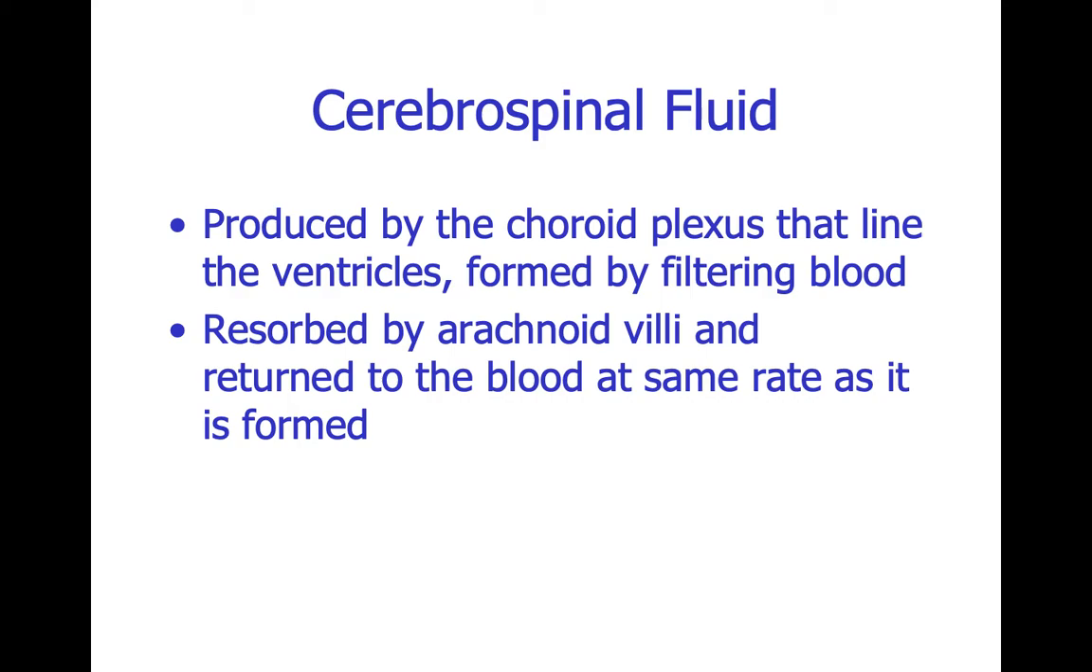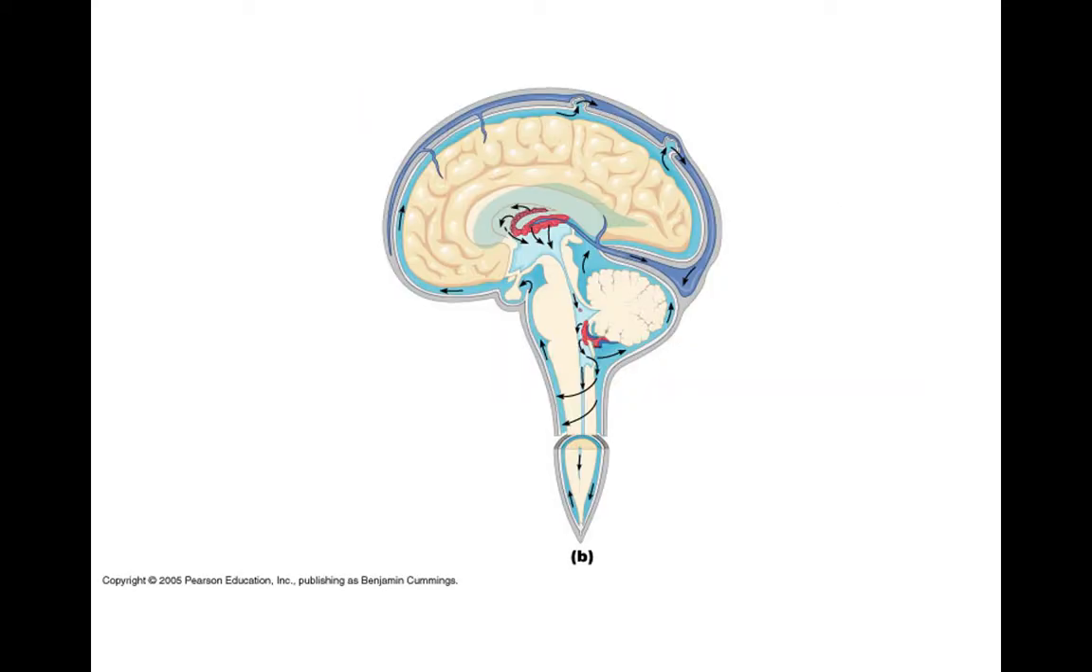Because remember, our structures, our brain and our spinal cord are surrounded by bone. So we can't get too much in there or we're going to have pressure against the bone. So, as it's formed by the choroid plexi, it's going to be drawn off or taken off through the arachnoid villi. Now, this diagram you have in your textbook, and it kind of puzzles people,